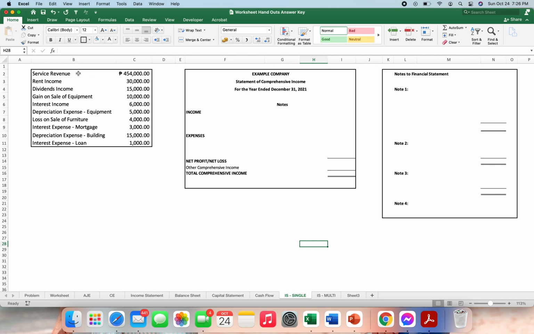Okay, so, sa single step income statement, particularly most of the companies that are using this type of statement is service business. Okay, so makikita nyo dito service revenue. So, i-summarize na rin natin, nagawa na rin tayo ng notes to financial statement for you to better understand ba kung ano ba talaga yung notes to financial statements. So, dito, for the note 1, start natin with the